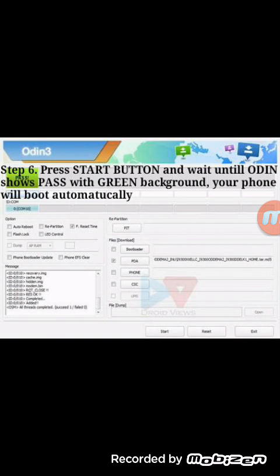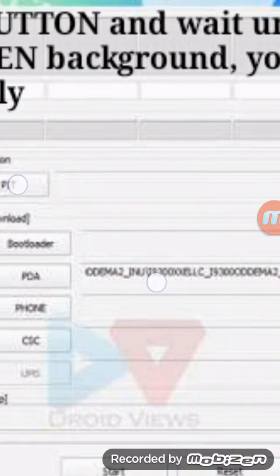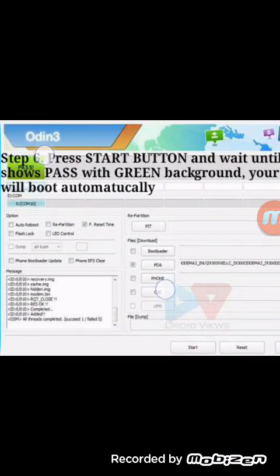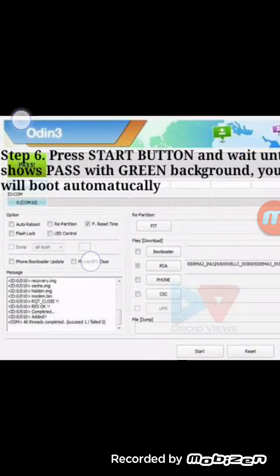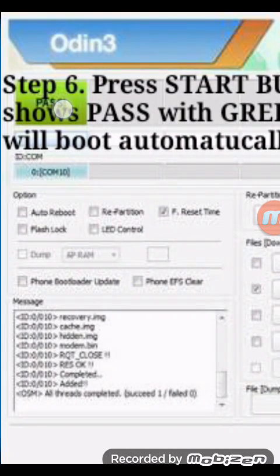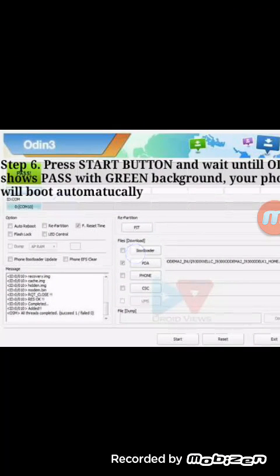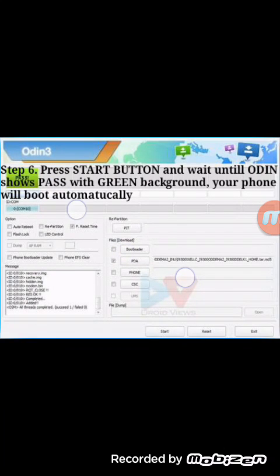So step 6 here. You have to press the Start button here and wait until Odin shows PASS with green background. You can see here PASS with green background. That means you have successfully flashed the root kernel file on your phone. Okay, now moving to